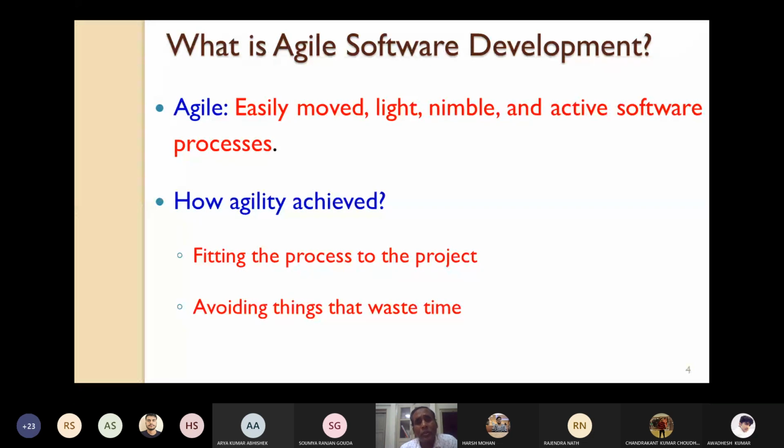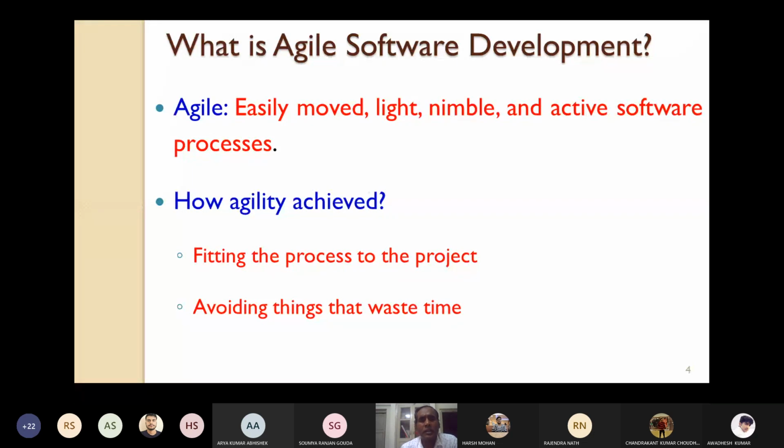For example, in the classical waterfall model, much of the time you have to do documentation. Whatever you do, maybe requirement analysis, design, coding, testing, you have to make huge documentation. Documentation takes a huge amount of time, which may not be required at all, or may be required to a lesser extent, and that time could have been spent for other purposes. So how to avoid the things that waste time, for example, documentation.